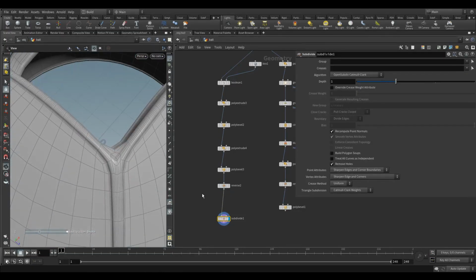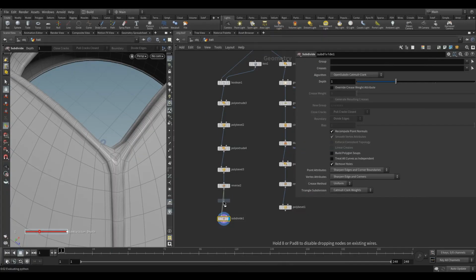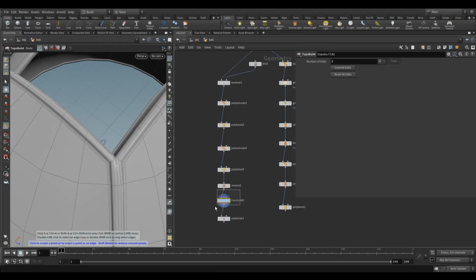So what we need to do is add some edge loops. So I'm going to drop a topo build, which is kind of a multi-tool. It does lots of different things, but we want to use it for, if you come up here, we've got different, only some nodes have different options up here, especially for modeling. And come up to this scissor, click on that, and then you can see we got this help information here, and it says,